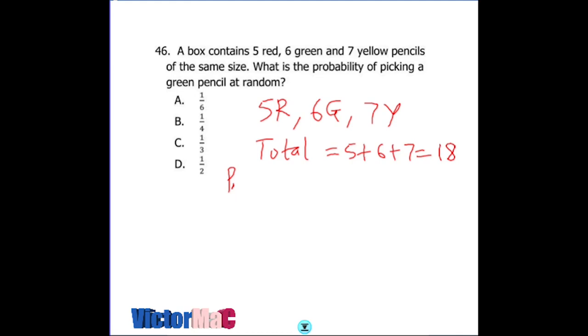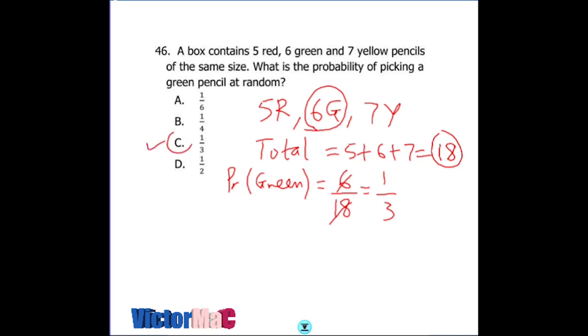So by the formula for finding probability, we consider the probability of picking a green pencil. The formula for probability is the number of required outcomes over the total possible outcomes. Our required or desired outcome here is to pick a green pencil, so any of the 6 green pencils can be selected out of the total of 18 pencils. And when we divide, 6 here is 1, 6 here is 3, so 1 over 3. So option C is the correct answer. Next,